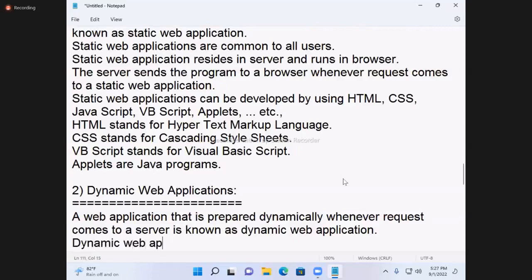Dynamic web applications are specific to server and specific to user.